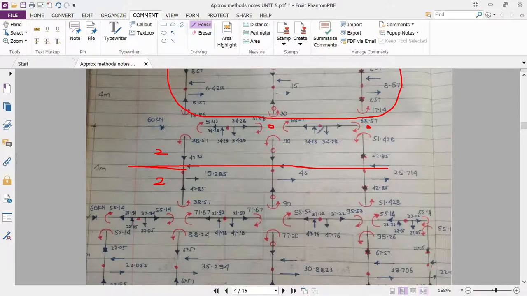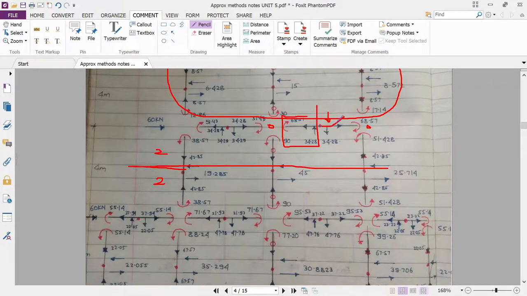Now why is the sign convention like this, upward here and downward here? If you segregate this part, suppose this clockwise moment tries to deflect the beam in the downward direction. So in order to maintain the equilibrium condition, we have to apply an upward force so that the equilibrium condition of the beam is maintained. Here also this moment will try to deflect the beam in the upward direction. So therefore we have to apply the downward force here so that the equilibrium condition is maintained.